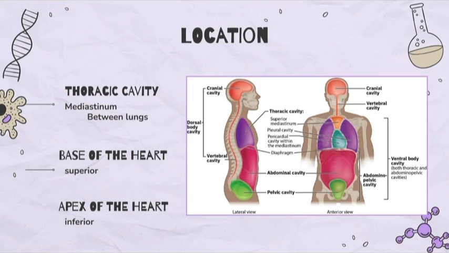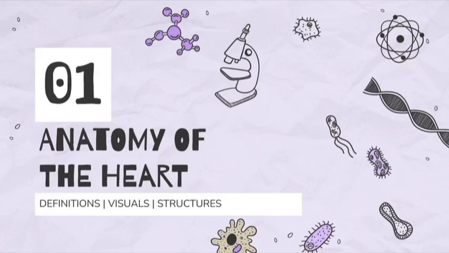The heart is located in the thoracic cavity, which is the chest cavity that also contains the lungs and great vessels. More specifically, it sits in the mediastinum, which is the central compartment of the thorax, between the right and left lung. The heart is about the size of a closed fist and slightly offset from the left side of